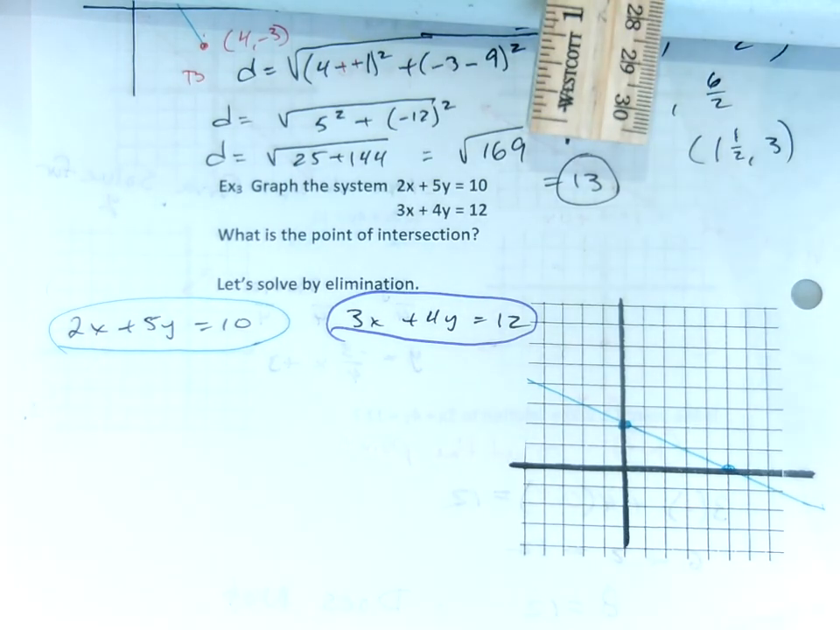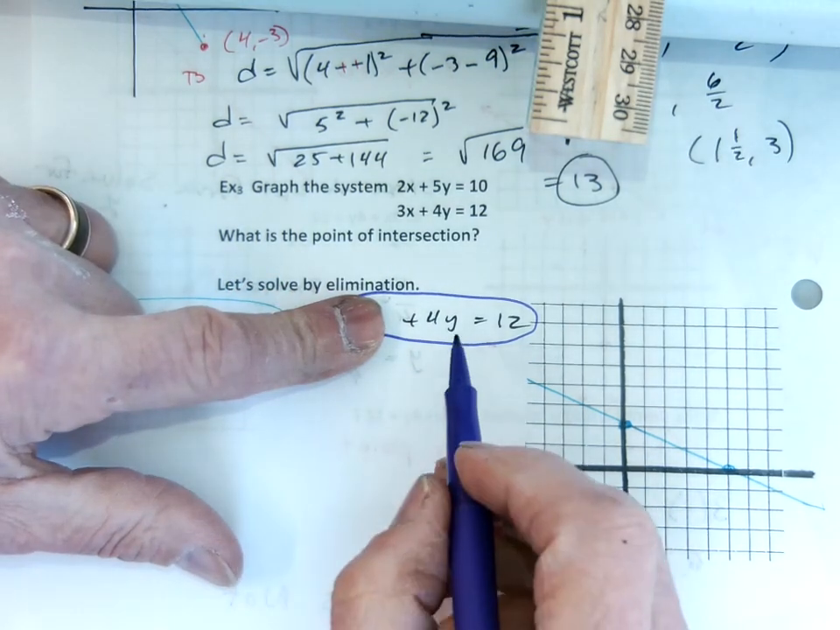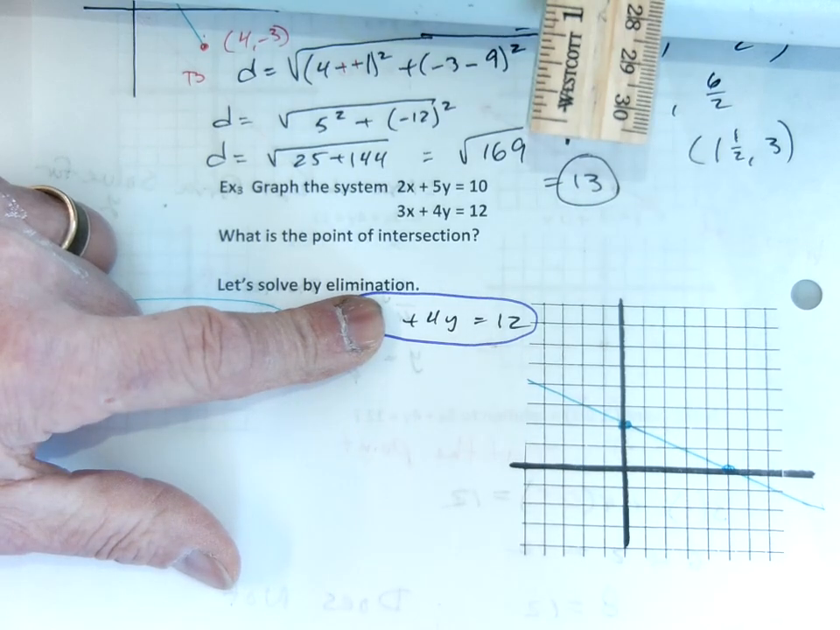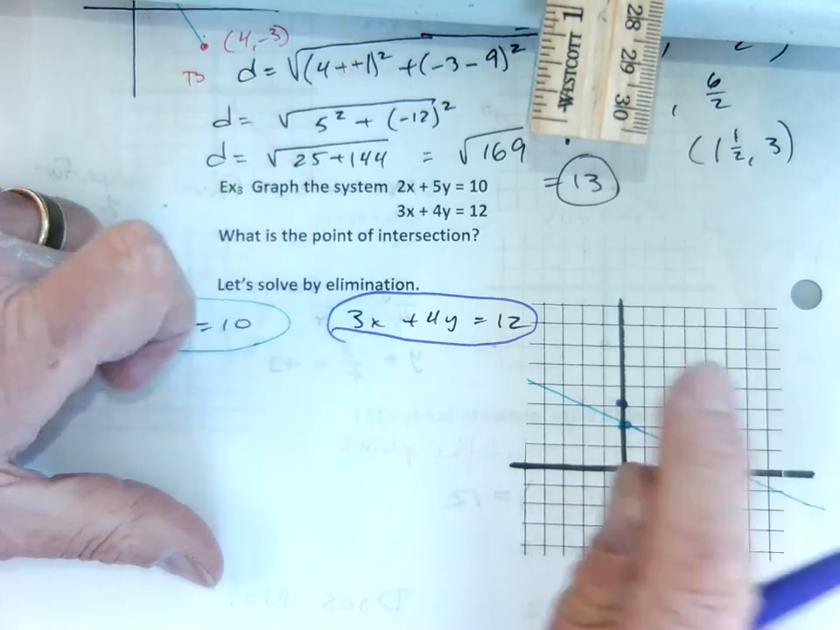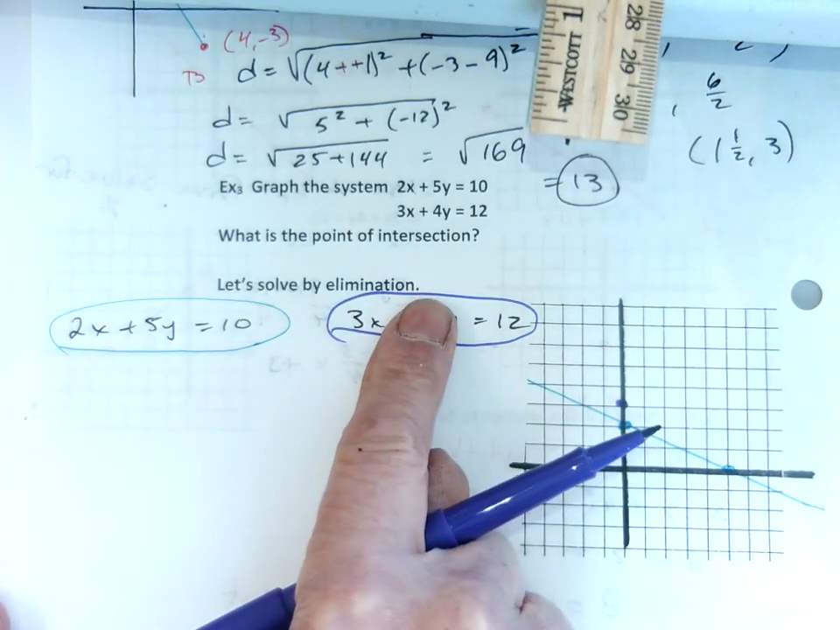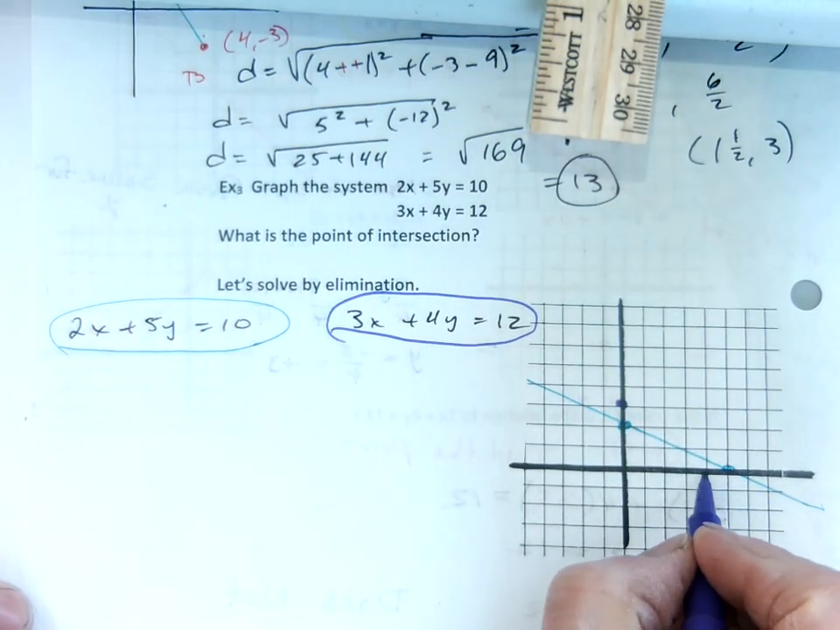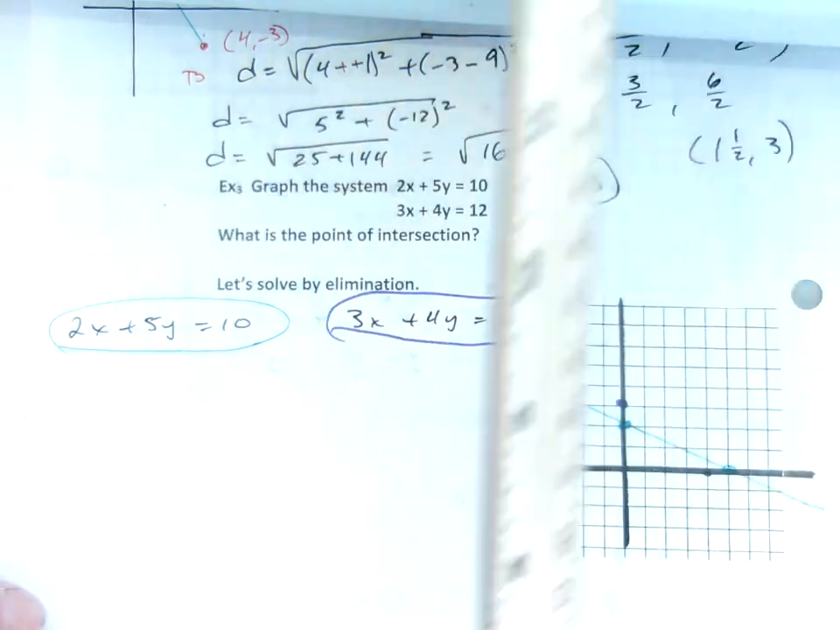We'll do the same thing with the other line. So, if I cover up the x, what's the y value? Everybody agree? 3, y equals 3. And if I cover up the y, what's the x value? 4. And if I connect the intercepts,